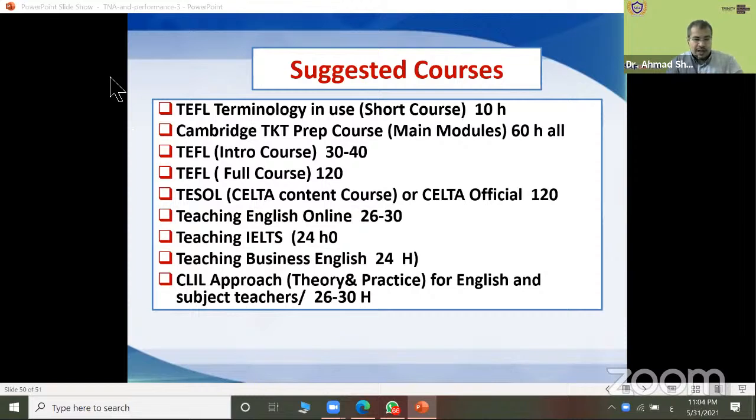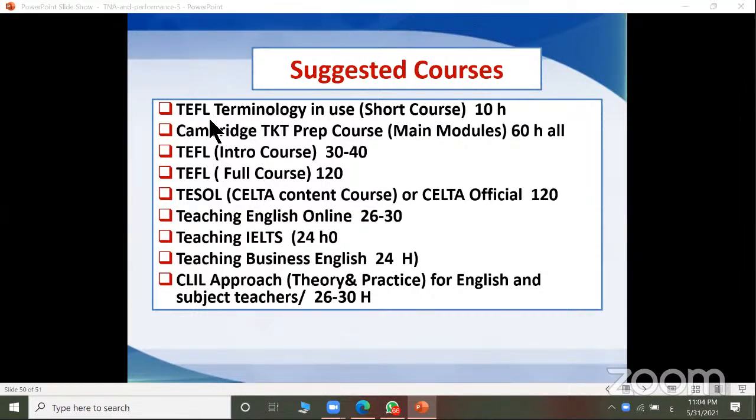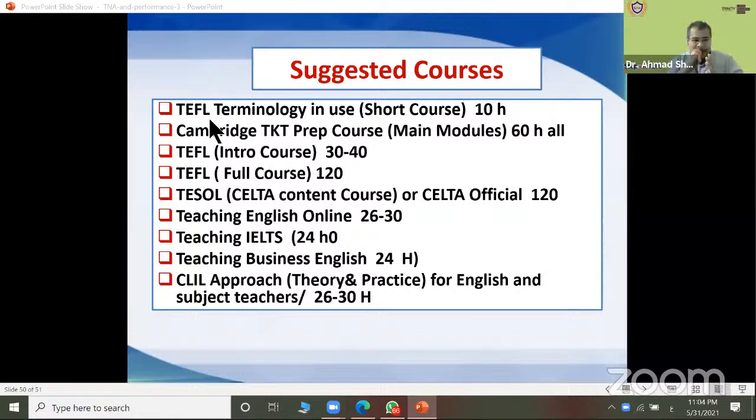According to Cambridge standards, when you are a teacher or examiner for a certain skill, you should be a level above the exam. For example, if you are teaching IELTS for a learner who wants to get band 7, you can teach him if you are at least 7.5 or band 8.